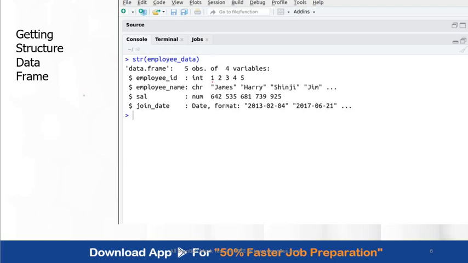So as I said earlier, columns will be the variables and rows will be the number of observations, right? The measurements that you have for every row will be in the column, and then you have unique columns and unique rows. Okay, so here you will get the structure of the data along with the data which is actually stored. So here you will get to know the data type stored everywhere, like employee data, employee name, salary, joining date, and all those things. You can easily get to know all this stuff.